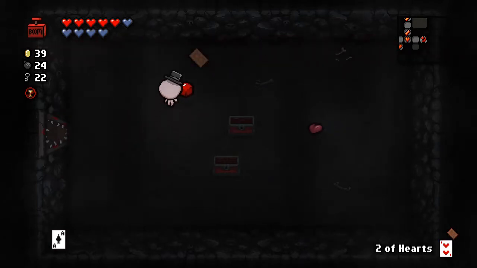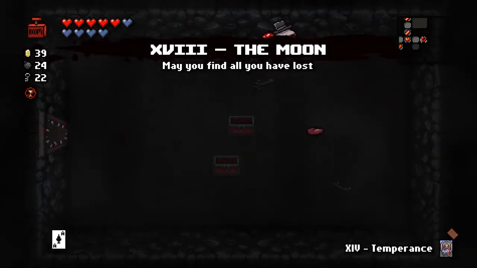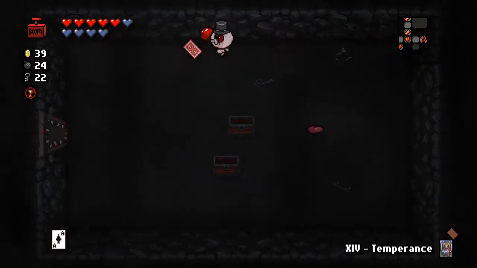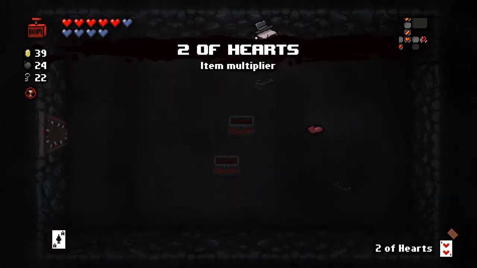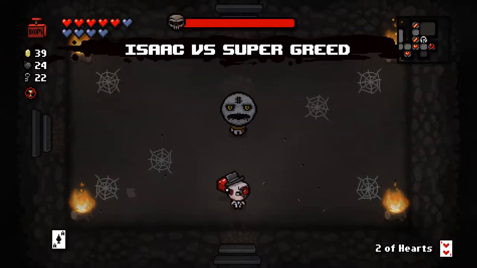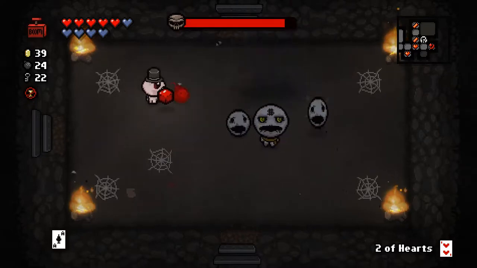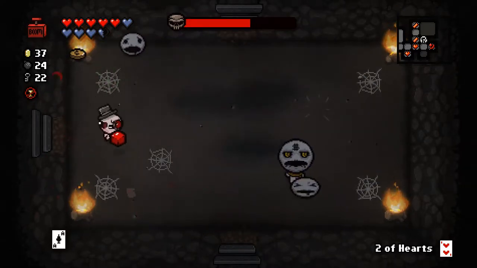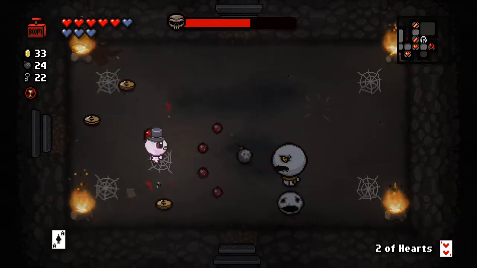Temperance. Oh wait, the Moon card is the one we want, right? I'm confused. What is this card again? Two of Hearts. Two of Hearts, Moon. Yes. Oh, so we got another Two of Hearts key. Okay, and teleporting into the secret room was not actually necessarily a good thing here because we need to fight Super Greed. So maybe I should have not...